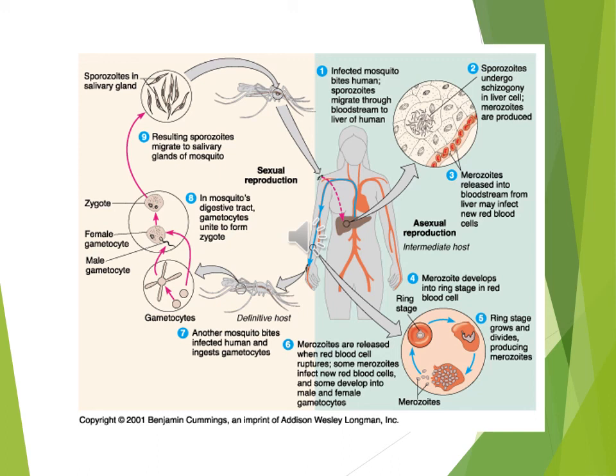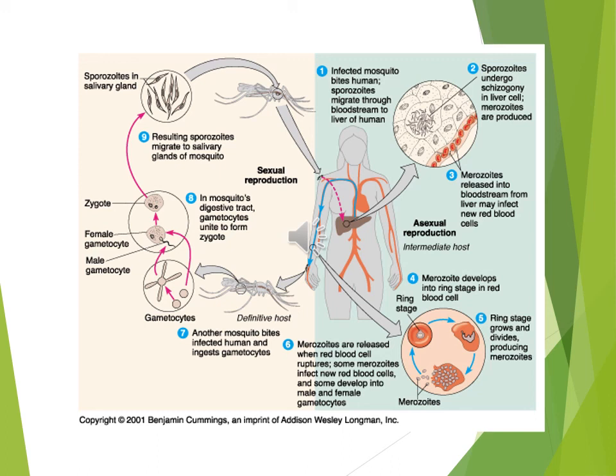So again, as a recap, an infected mosquito bites the human being. While biting, it releases the sporozoites inside the bloodstream of the human being. From the bloodstream, it reaches your liver. Inside the liver cells, sporozoites get converted into merozoites. Once the number inside your liver cells increases, these merozoites are released again back into the bloodstream, where they enter, or rather damage, your RBCs.